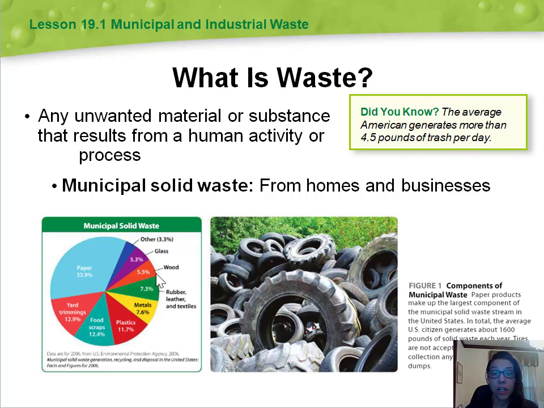So let's take a look at our chart here. We have municipal solid waste, and we can see that it's divided up into different categories representing how much trash each item represents. So paper, out of all the things that we throw away from our homes or our small businesses, paper makes up 33.9%. Yard trimmings would come in as the next largest contributor at 12.9%, followed by food scraps